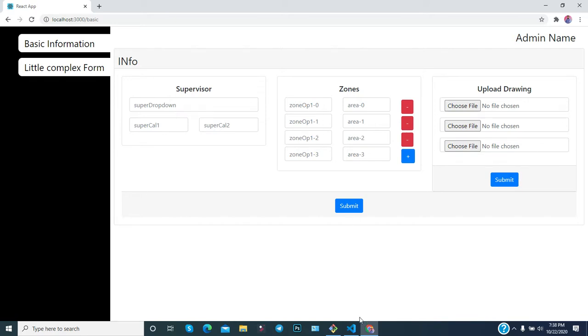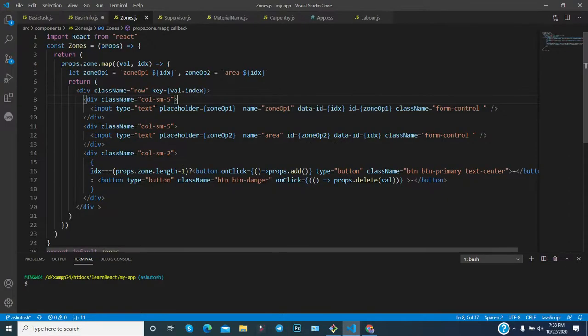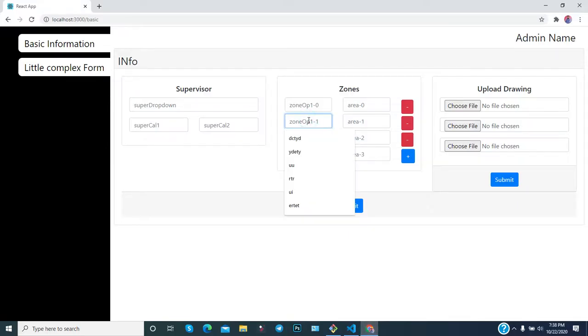That's why you have to utilize a key, which should always have a unique value. Then React will delete the right row or right object from the array. So now if you click here on the 3 and delete, it will delete that particular item from the array.